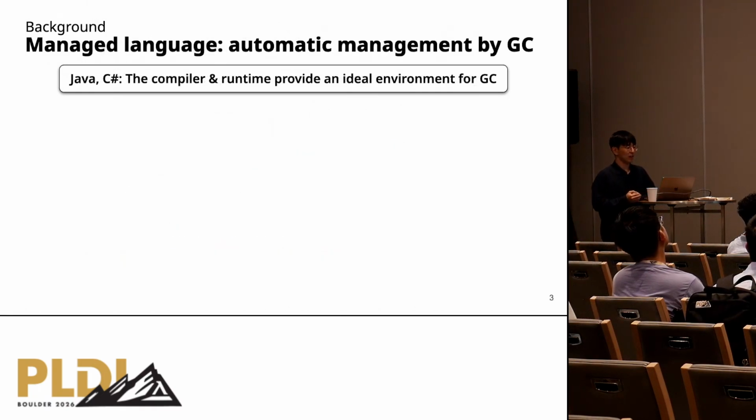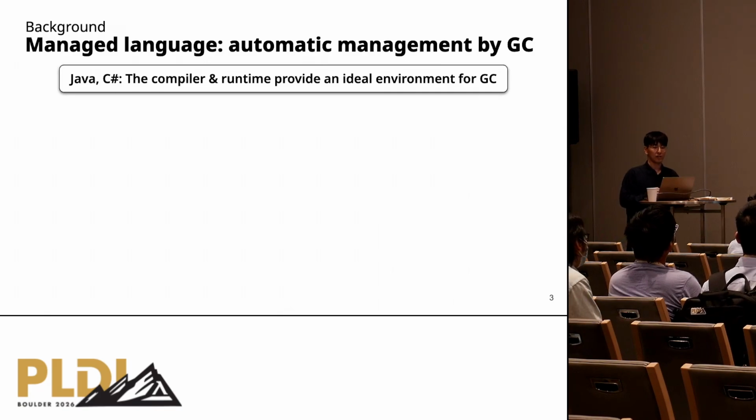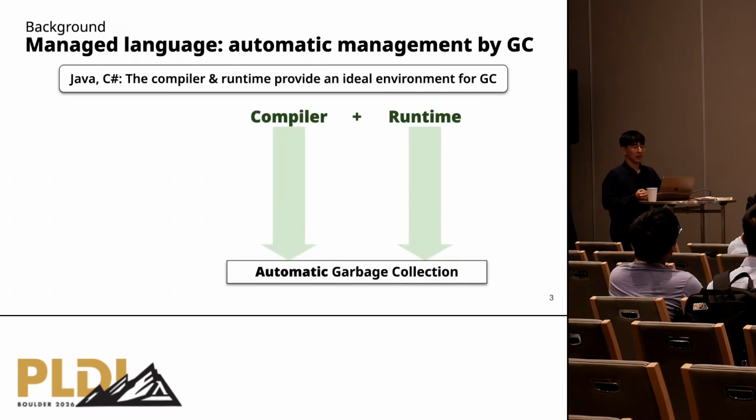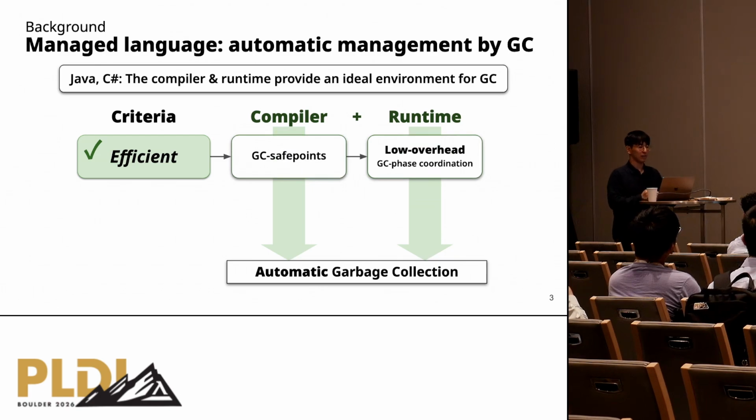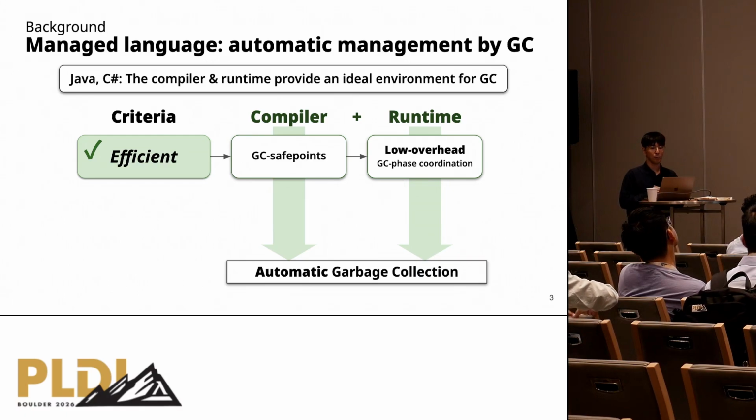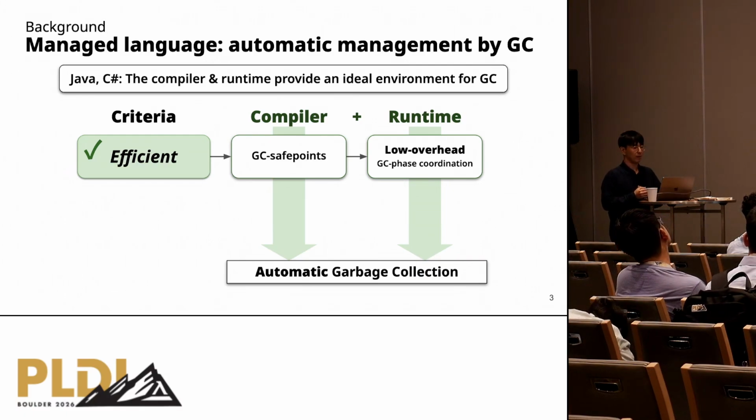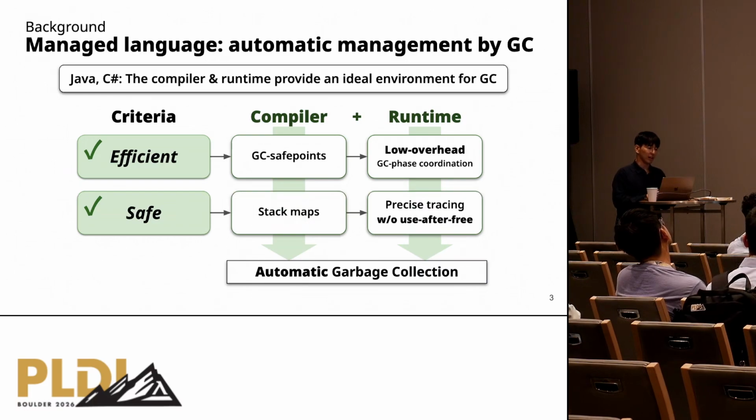Managed languages like Java and C# already solved this. The compiler and runtime cooperate to provide an ideal environment for garbage collection. And we can see why using three criteria. First, it is efficient because compiler inserted safe points let the runtime coordinate GC paces with low overhead. Second, it is safe because stack maps tell the collector exactly where the pointers are, so tracing is precise and